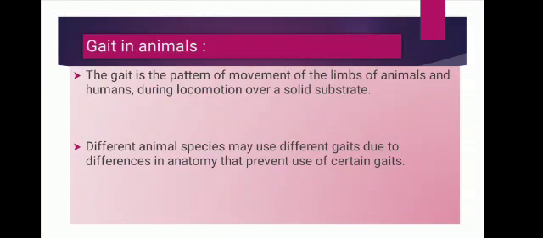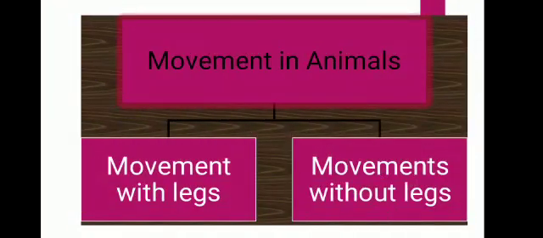In fact, every animal has to push something backward with its body part to be able to move forward. For example, a fish pushes on water backward with its tail to move forward. Okay, clear? Movement in animals is basically characterized in two types: movement with legs and movement without legs. So we will first discuss the movement in the cockroach and the bird.